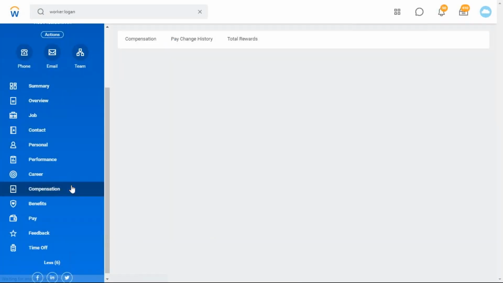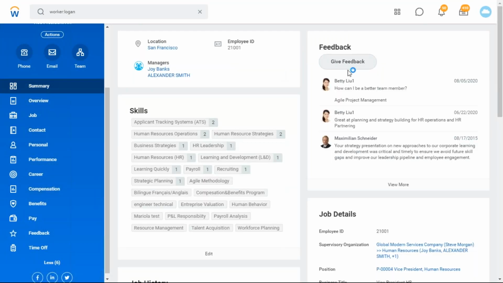You can see the compensation. You need the access, everything you need the access. As an employee, you can see employee ID or email ID, who is the manager, which department he is working. These basic details you can see.